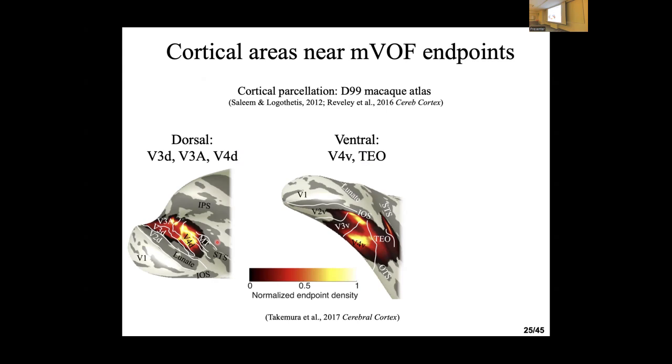Direct one-to-one comparison with humans is complicated. I could tell you a long story, because people often disagree about homology of one area in one species or another species in visual neuroscience, because we don't use some nomenclature, like TEO, in the human for many reasons. So it's complex to compare. But there is a general consensus that this pathway exists. This connection between dorsal and ventral appears at mid-level visual processing, say V3, V4.